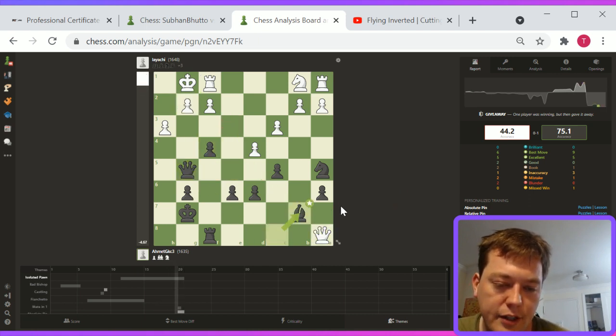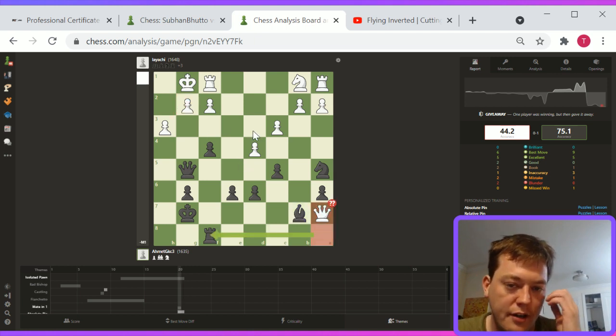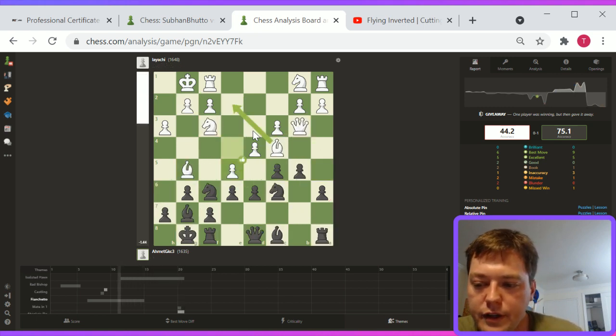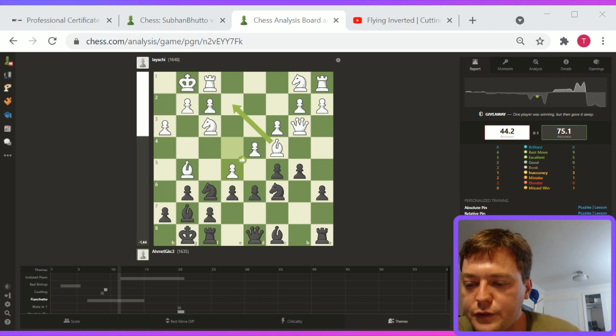Bishop b7 nailed it. Basically queen a8 is threatened and g2 is threatened, and you got the mate off of that. So in terms of, hey, thank you very much for sending that